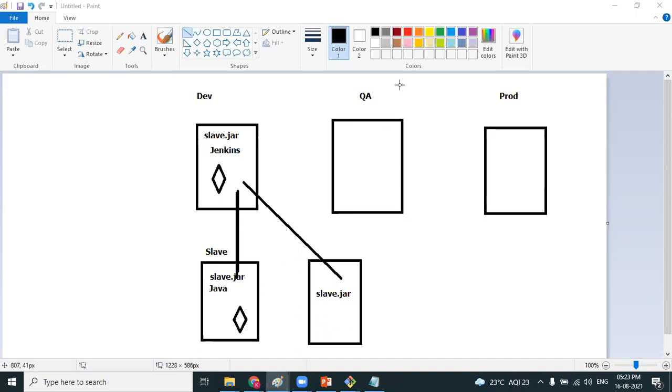Can you hear me, Anuj? Yeah, Sunil, I have a little question. Yes, your question first. Actually, we have established a passwordless authentication between master and slave. But while defining a job, every time in the build step we have to specify SSH, the IP address and then the build steps, because only then it will work, right?